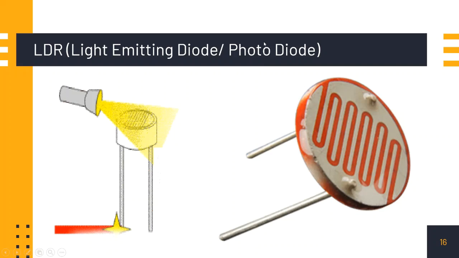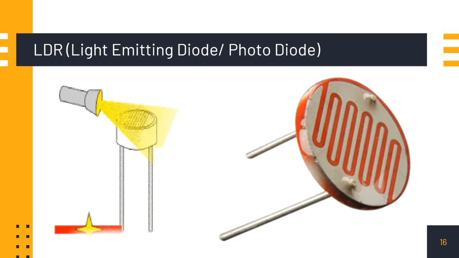This is light dependent resistor, not light emitting diode. It is also called as photodiode. Okay, because it works on the sun rays or the intensity of light. As soon as you switch on the light, it will allow the current to pass through it. Otherwise, if there is no light, in presence of zero light, it will work as off switch. ठीक है, जब तक इसके ऊपर लाइट नहीं पड़ती तब तक ये स्विच ऑन नहीं होता है इसका. And as soon as you put on the light over here, it totally turns on the switch and on the circuit. The circuit starts working in the presence of light.